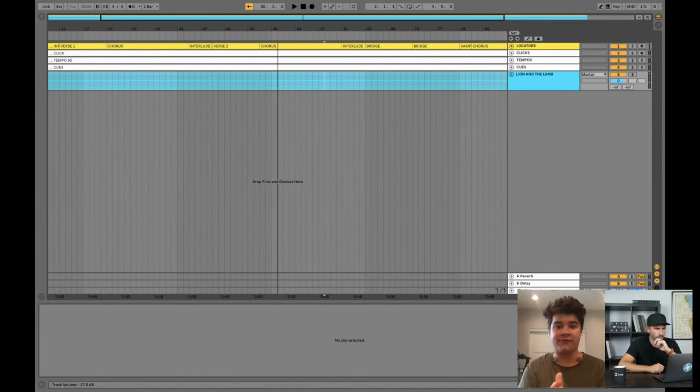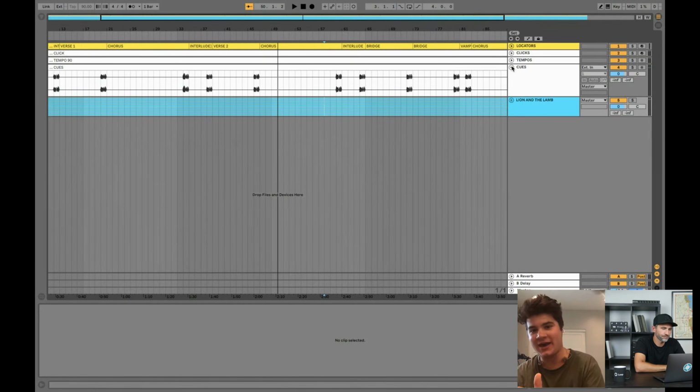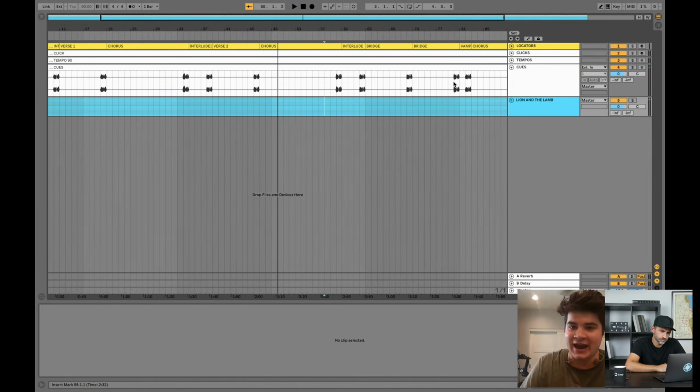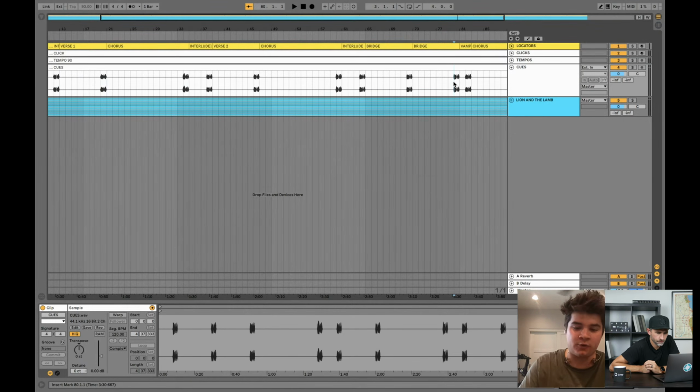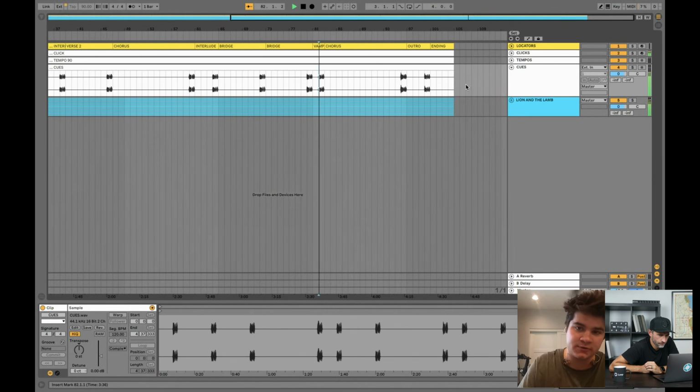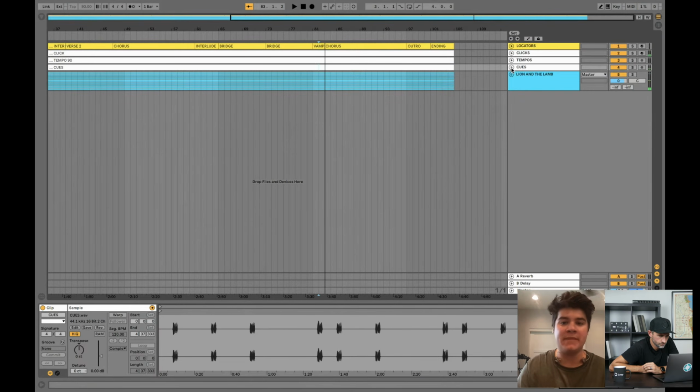In session view, you can definitely do that. It's a little bit harder to get to the exact spot that you want. Yeah, you have to scrub ahead. It's kind of a pain. It's a little bit of an inconvenience. But with this, I can even open the guide and start it exactly one measure before if I'm wanting to go in this last chorus. Chorus, 2, 3, 4. It's amazing.